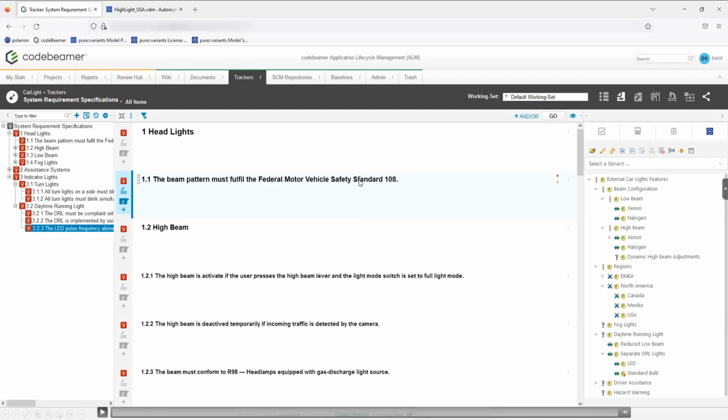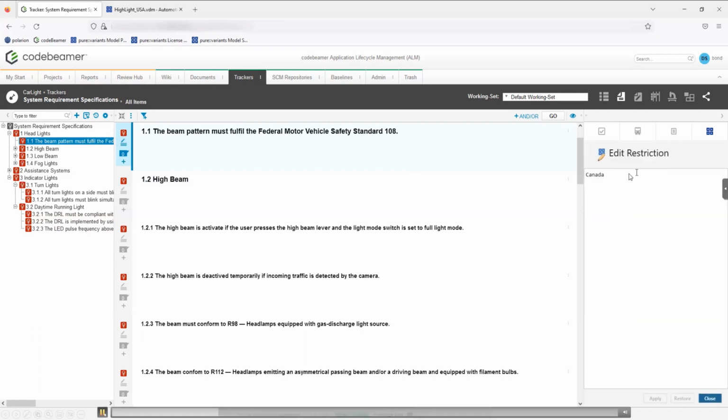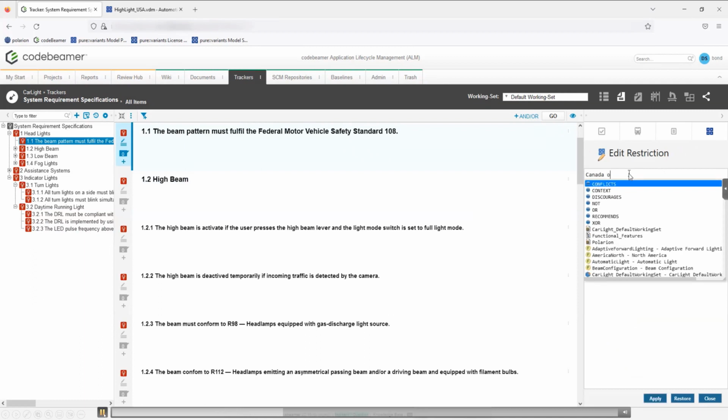For the first thing, we want to add a restriction to a selected requirement, the 1.1 beam pattern requirement, for the regions Canada and USA. Therefore, in Codebeamer, we just have to edit, select the requirement and add the restriction, and go on and type in the restrictions we want to add here for Canada and the USA, and automatically,